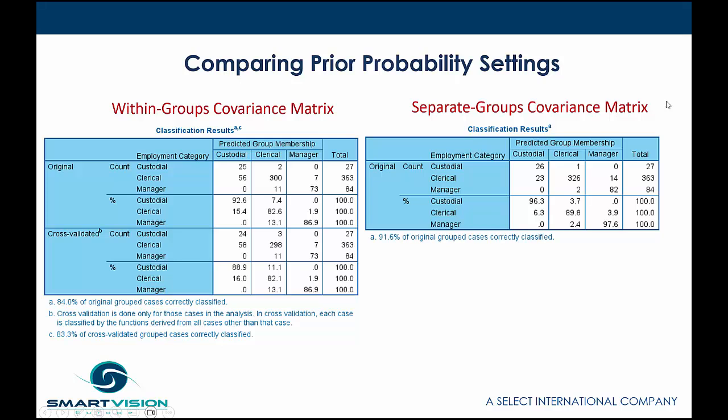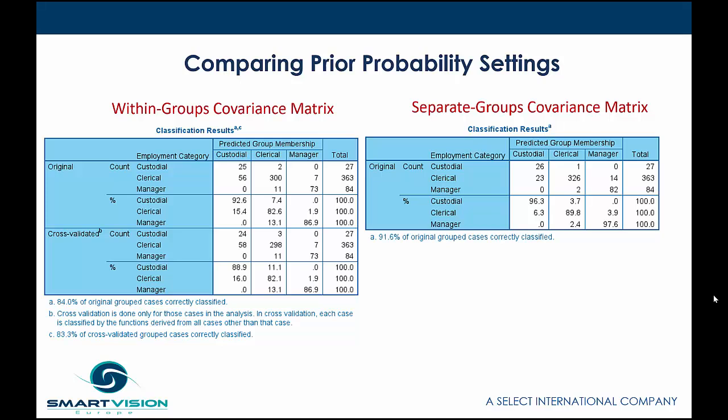Whereas with the separate-groups covariance matrix that we've just switched on, we now have 96% accuracy in custodial, 89.8% accuracy in clerical, and 97.6% accuracy in the manager group, and that gives us an overall accuracy rate of 91.6%. Now, irrespective of whether or not this is actually reliable, given that we've got quite a small sample size with the custodial group, and indeed the manager group,